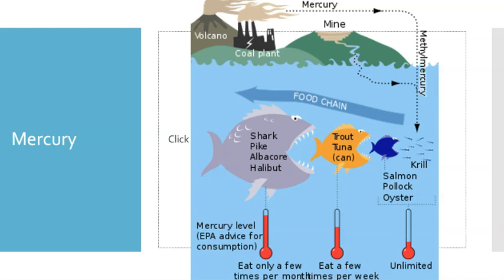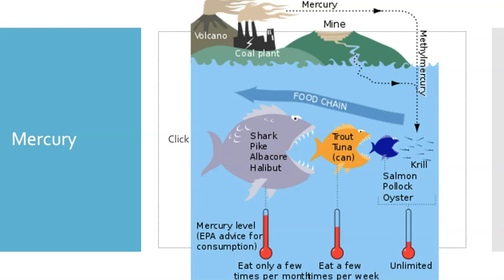Then let's say the yellowfish, like trout and tuna, end up eating something like the salmon, pollock, or oyster. They're not just going to eat one, they eat many, so multiply that amount of mercury again. And then you can see our top level consumers, our shark, our pike, albacore, or halibut, they are going to have the same problem. As they eat the things lower in the food chain, their level of mercury is going to increase as well. So not only are these organisms bioaccumulating mercury in their own individual bodies, it is biomagnifying